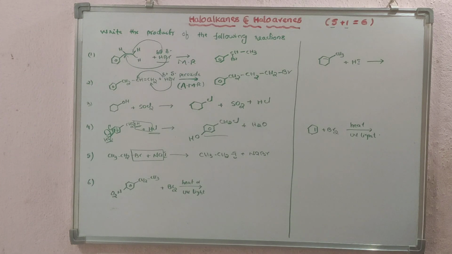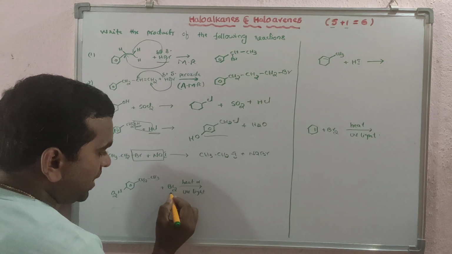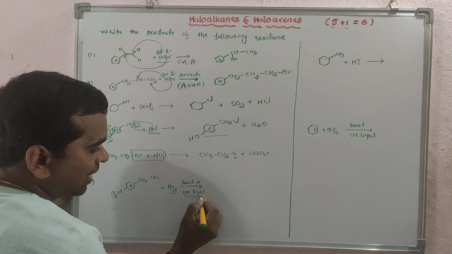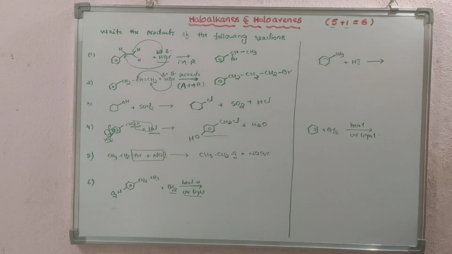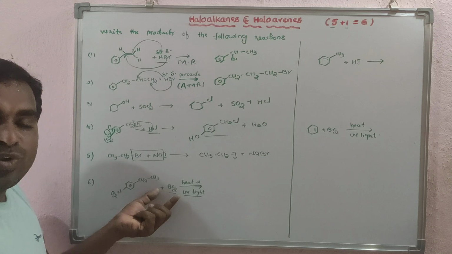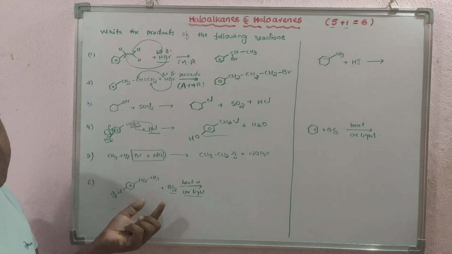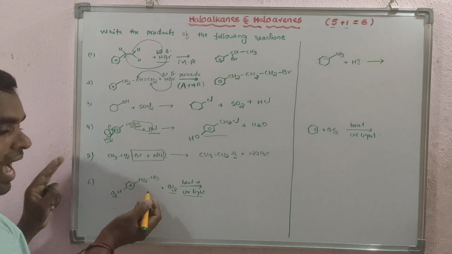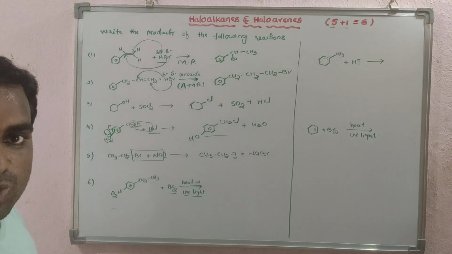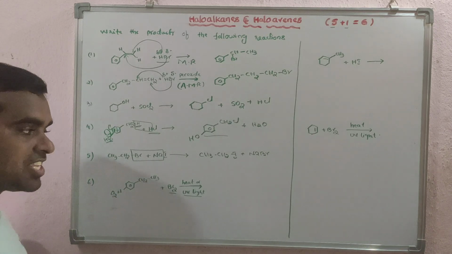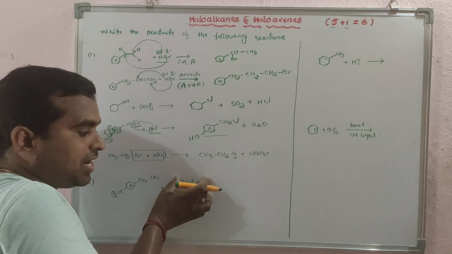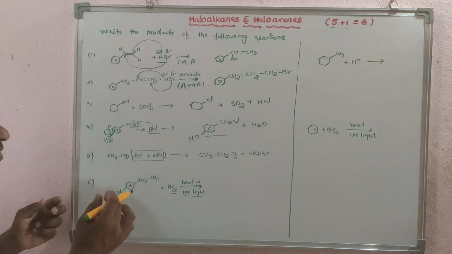Next one, you see the compound they have given, plus Br2 plus heat or light. I already mentioned previously, here Br2 with heat or UV light is allylic bromination. Clear? Allylic substitution takes place. In this one, we can say benzylic also. Benzylic and allylic substitution takes place in the presence of halogens at very high temperature or UV light. Which one is the benzylic?